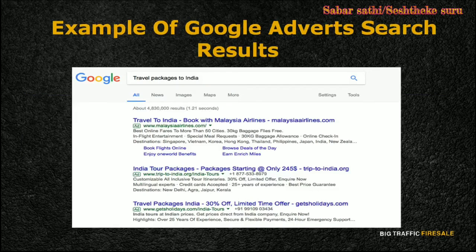Let's illustrate an example. When a person searches for travel packages to India on the search engine, adverts may appear alongside the search either at the top or on the right-hand side of the SERP. Organic search results will also appear amongst the ads, where some people may or may not notice the difference between